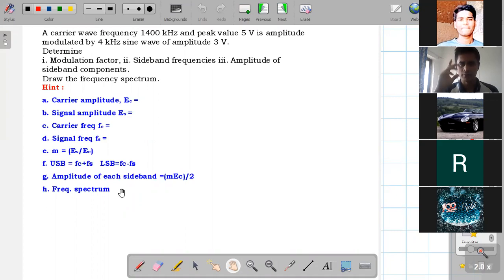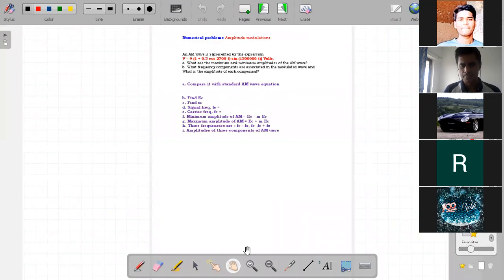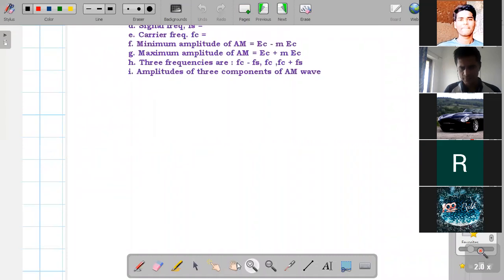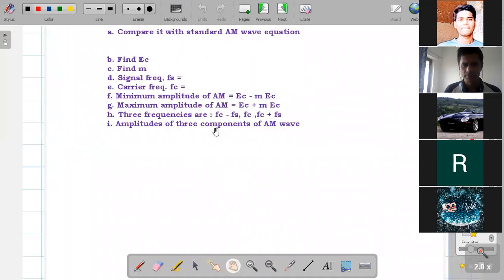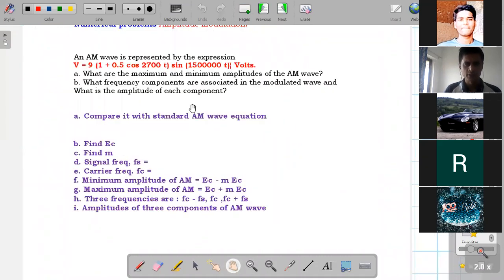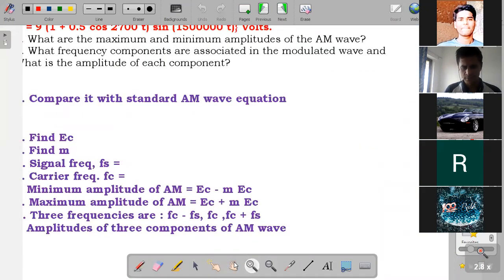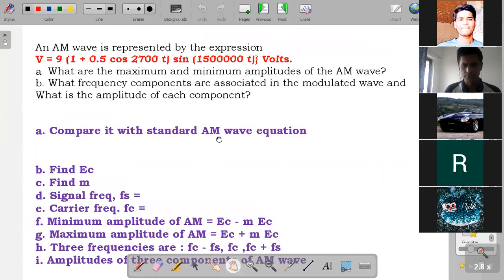Okay, next problem is, now see, this is one more different problem, but don't take any tension, I will show how to solve the problem. Don't take any tension. Now see,